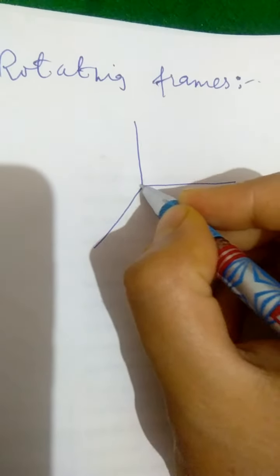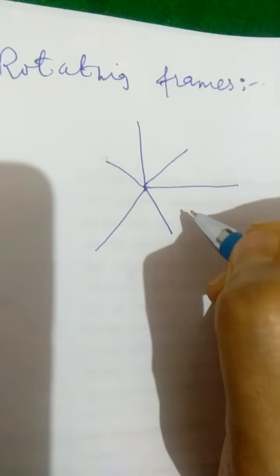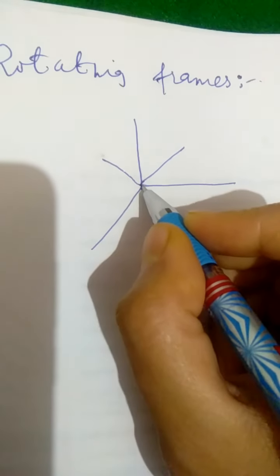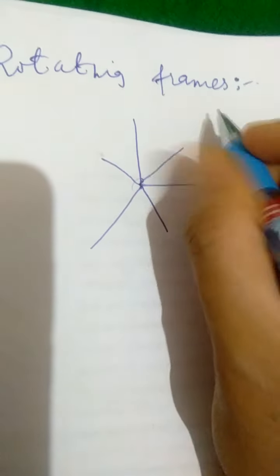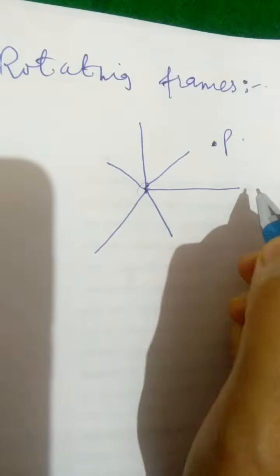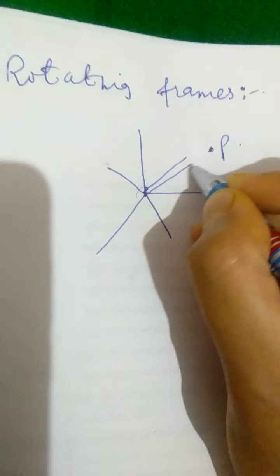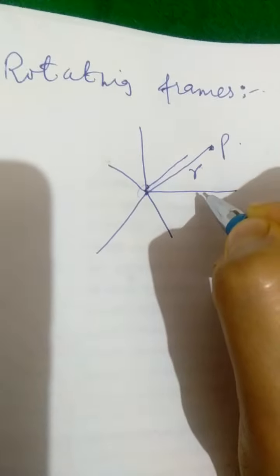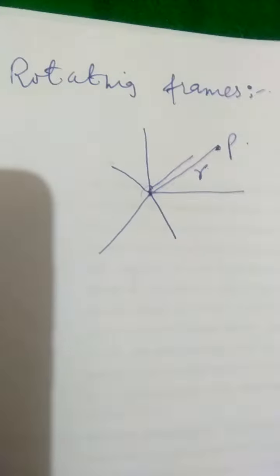So here we have a rotating frame of reference, right? And for the sake of simplicity, what we did is that we choose to coincide the origins of the two reference frames. Therefore, if we choose any point P in the space of inertial frame or in the space of non-inertial frame, its radius vector or its position vector is essentially going to be the same, right? Only its coordinates with respect to inertial frame and non-inertial rotating frame will be different. Now, how can we define this R vector?